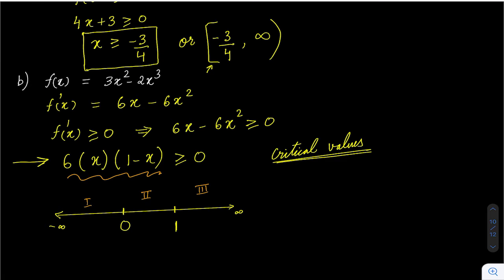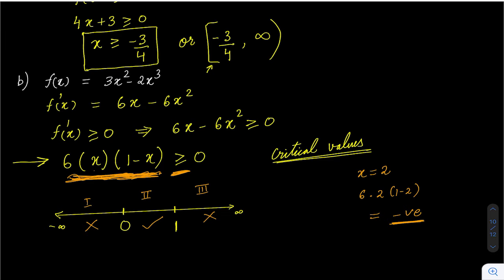So x equal to 2, when you substitute in this, okay, let me show. When you substitute x as 2, you will get 6 into 2 into 1 minus 2, which is something negative. So obviously negative we don't need. We need positive value, right? Greater than or equal to 0. As you can see, we need greater than equal to 0. So I don't need this. And similarly, you check any value in 0 to 1 and it will be positive. And similarly, you check any value between 0 and minus infinity, and again it will not satisfy, or it will be negative.